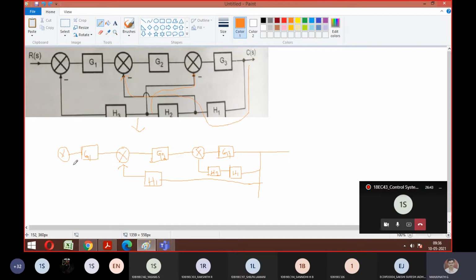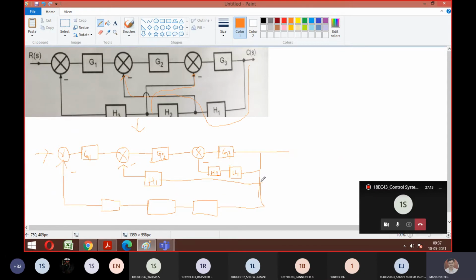Let's rejoin it. So here feedback was there, right? This feedback is having negative. Again, this is having negative and this is having negative. So here you can't see anywhere positive, everywhere negative only. So what was there here? You should retain the things. It means you have three blocks, that I have not done anything: H1, H2, H3. So this is how your diagram looks after doing step number 1.